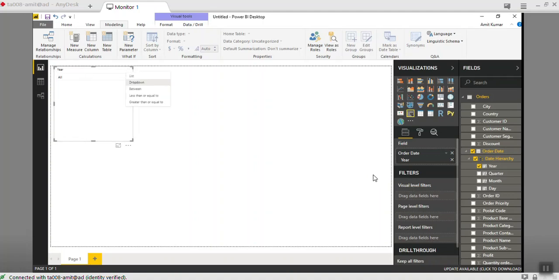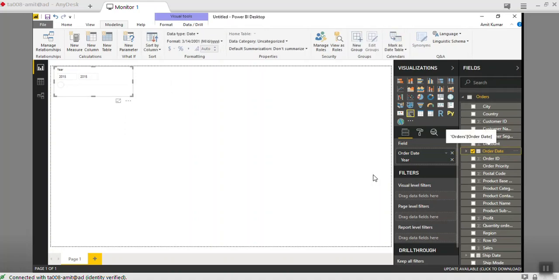There are different options. If you want it in list form, then everything will come as a list. You can have it as a drop down, or you can give it as a range. Since we didn't load a separate calendar, we are using this date hierarchy only.